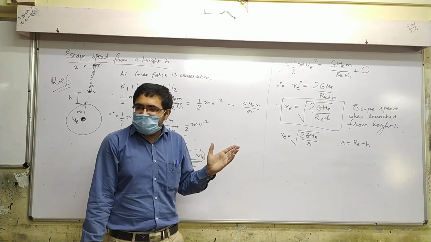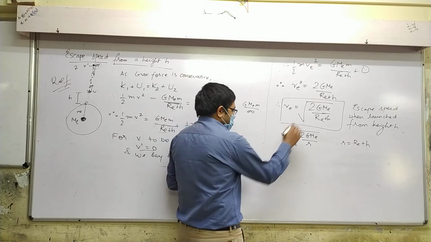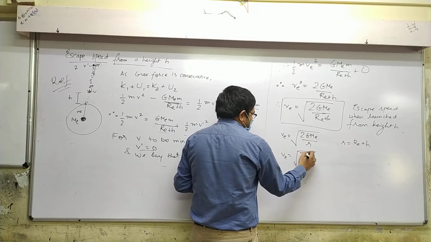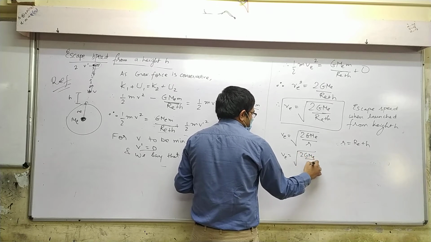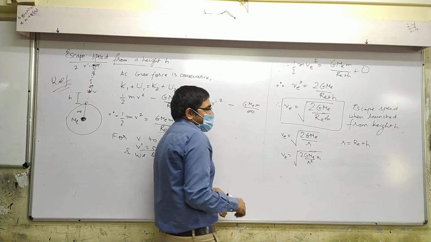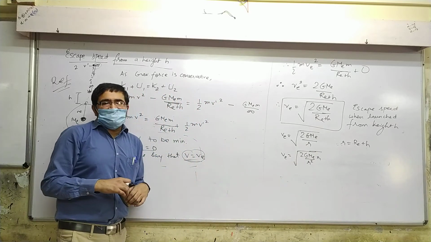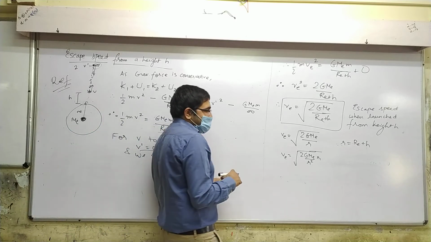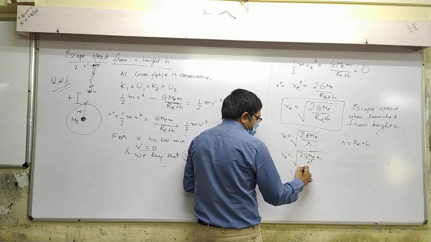Okay. Further, if I multiply and divide by r, so I get this. What have I done? I have multiplied and divided by small r. So this becomes,